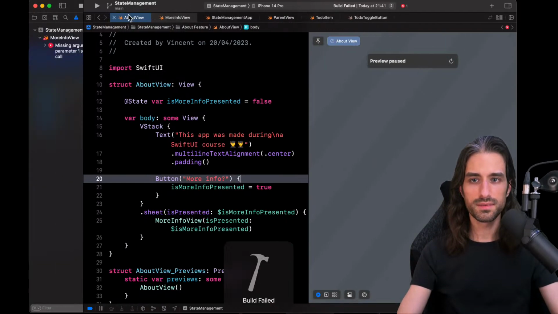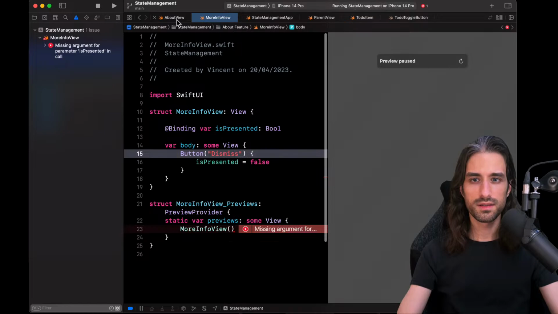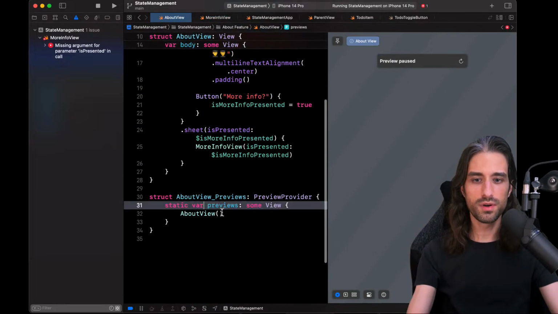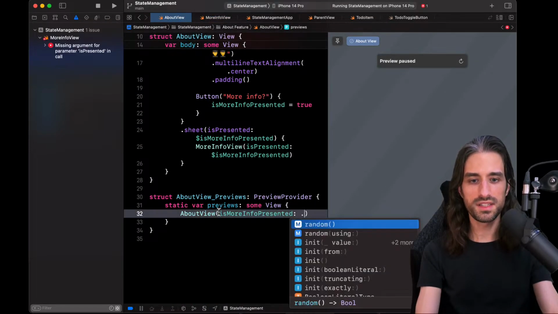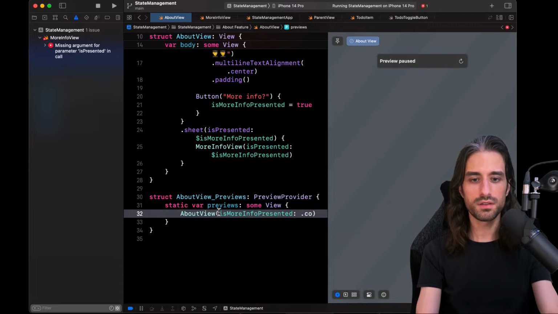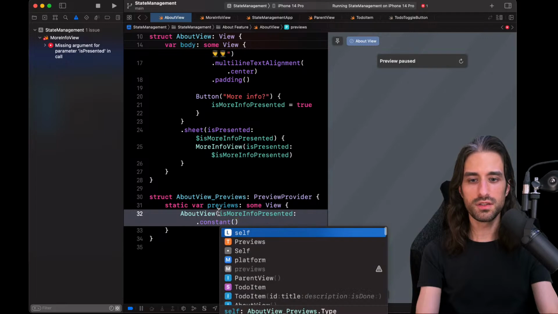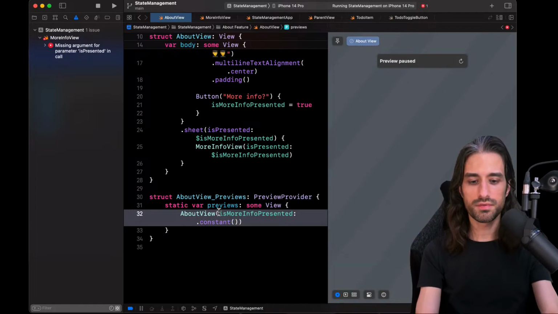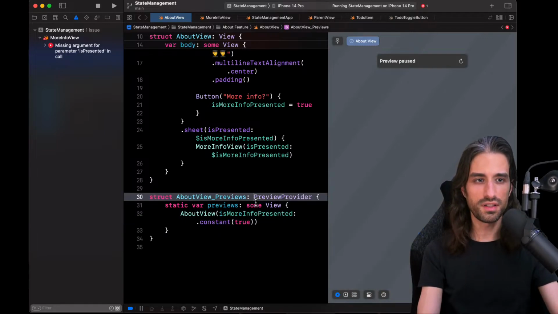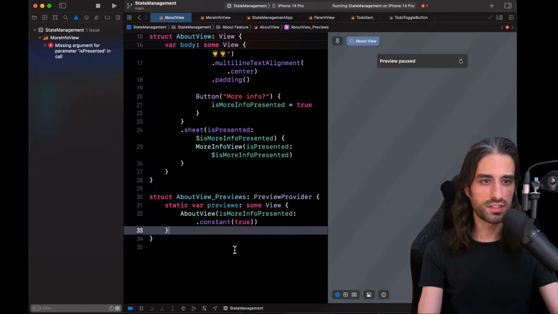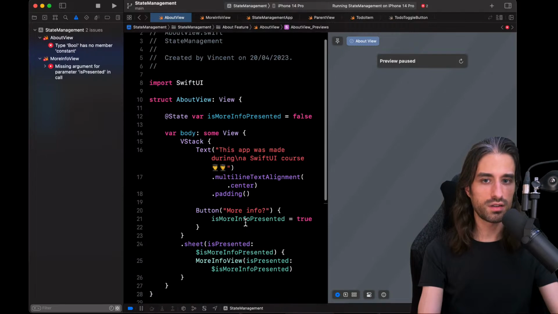Fail to build. Oh yes, because now here in the preview, I need to provide is presented. So here we just provide a constant binding of true, for instance. The fact that it's not clear which value to use is a hint.